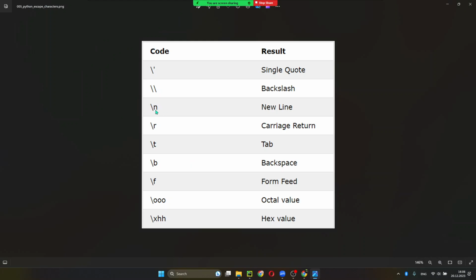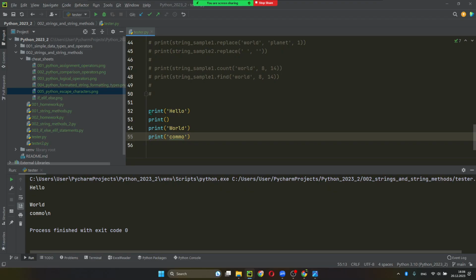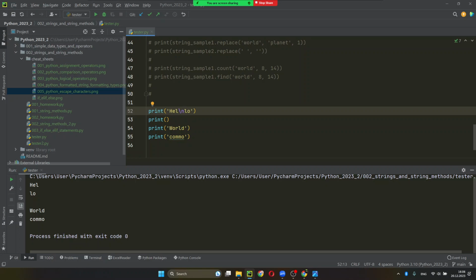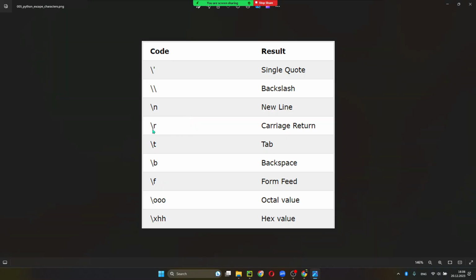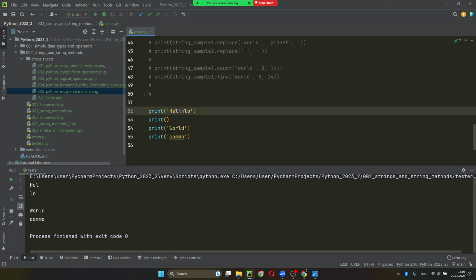Well, it's not escaping, but slash n is a new line character. So if I want to put a new line somewhere in here, I can do it this way. Slash n, and you have hello on the other side. So every time you have a slash n in your string, it will insert a new line. Carriage return is rarely used, but slash t is a tabulation. So basically it will add you 4 spaces. Tabulation is 4 spaces in Python. So slash t will add you 4 space